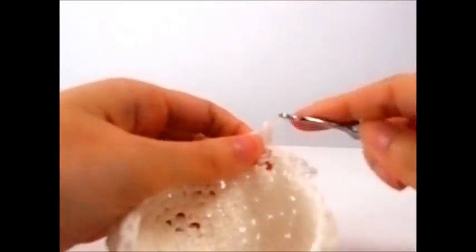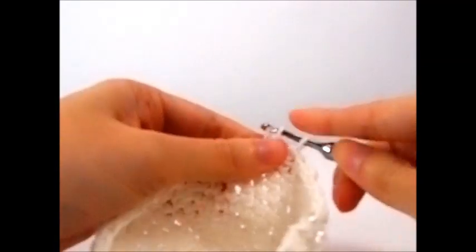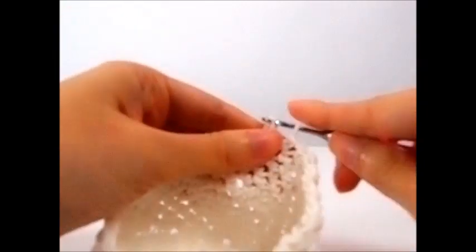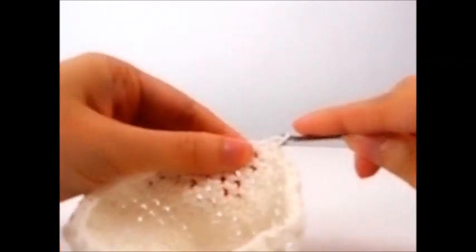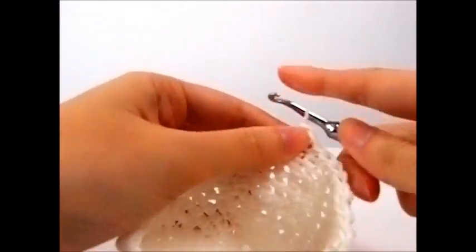So now you're going to repeat that, and you're just going to keep doing that all the way around. So next one has a single crochet, so this is 1, next one, 2, next one, 3, next one, 4, next one, 5. So your 6th stitch has 2 single crochets in this stitch, so your increase. So this is the first one, go back through the same stitch. This is your second stitch, and okay, once again,